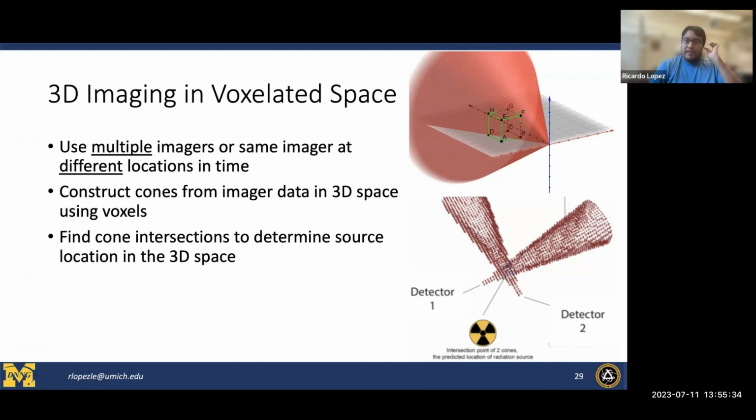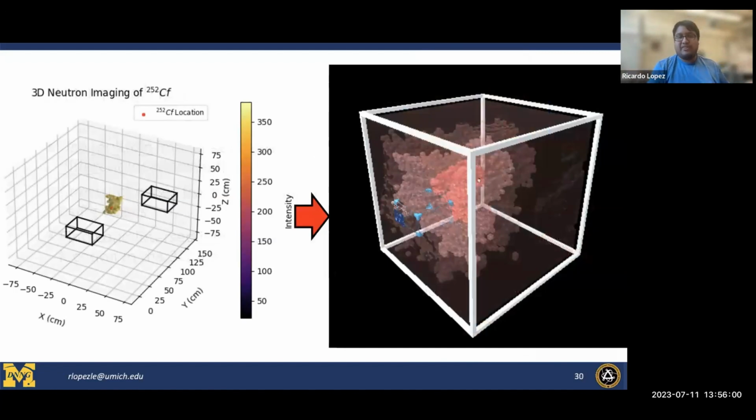One of the things that we've been working on this summer has been improving or generating an algorithm that can take the data from the HUDPI, do these 3D calculations in voxelized space, such that we can get these 3D voxel distributions that ultimately we will be able to represent using the HoloLens in a new application. That's currently a work in progress, but to give you a sneak peek of how things are going,